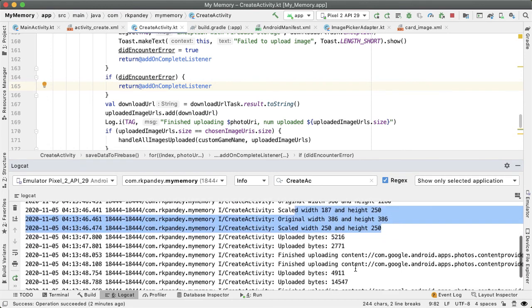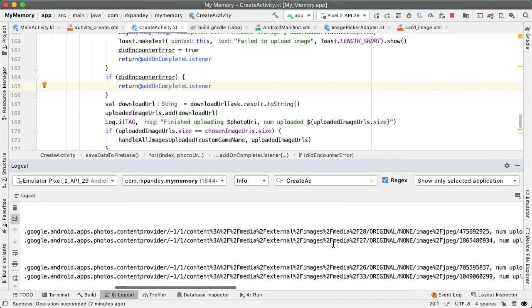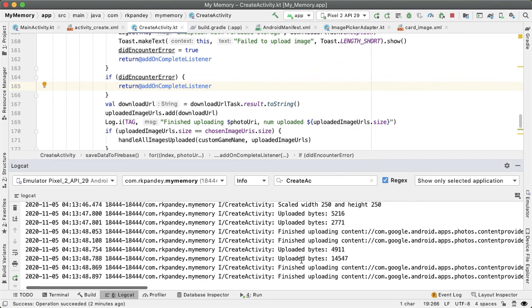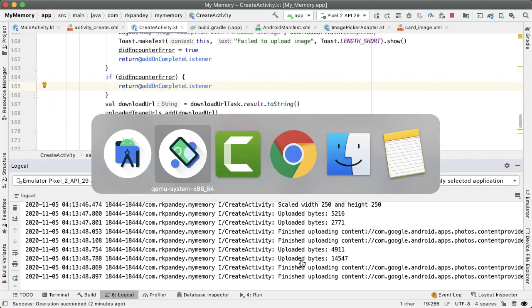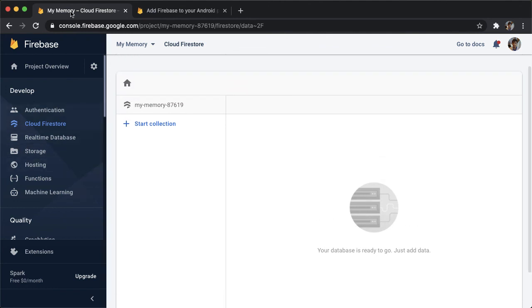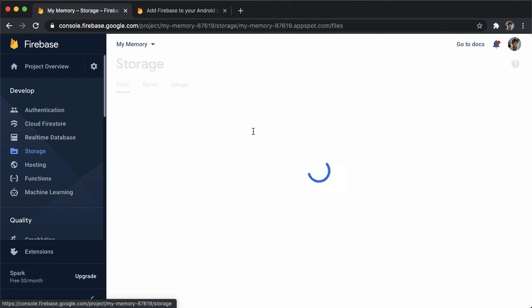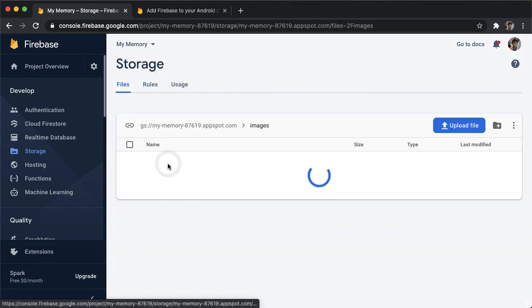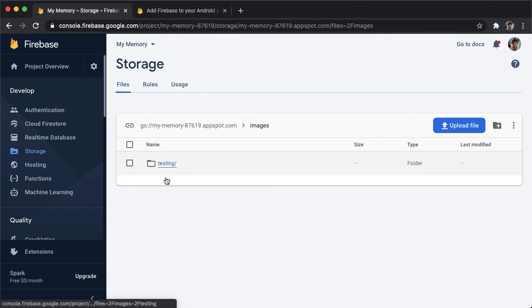Now we have 4 images that we're uploading. So you can see we're seeing this uploaded bytes log message 4 times, which is great. And as we upload each image, we can see that the number uploaded goes up each time. Awesome. So now to validate that this properly worked, let's go back into the Firebase console and check Firebase Storage. We don't expect anything to change in Firestore, but in storage, we should hopefully have one extra directory for this game. And that's what we see